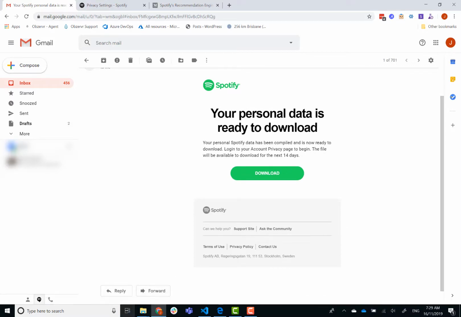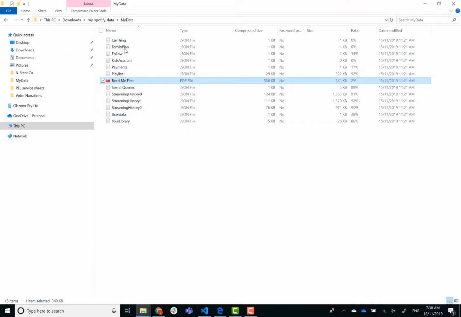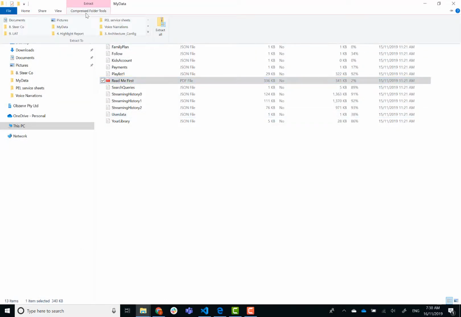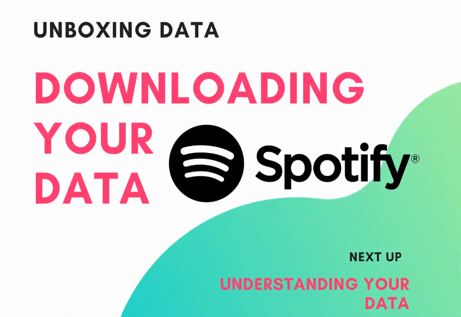With these guys, I just extracted everything, but with some other platforms you might not want to do all of it because there is a lot. That was definitely the case with Facebook for me. There's a ridiculous amount of data that you can get out of Facebook, and it's quite overwhelming. But with this one, I just extracted all of it.